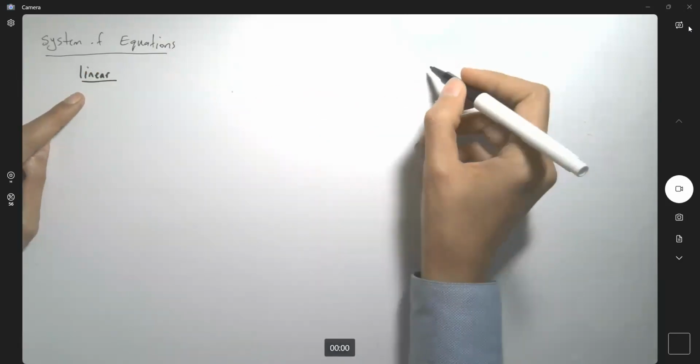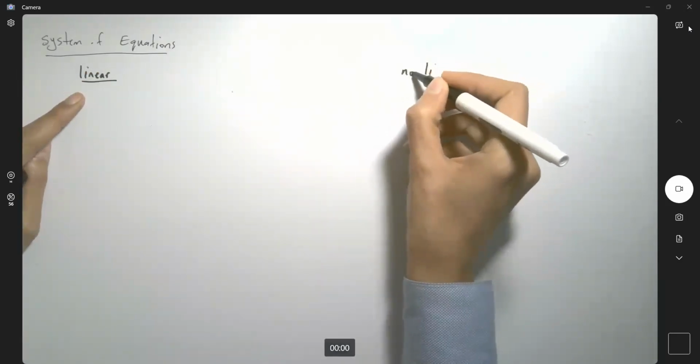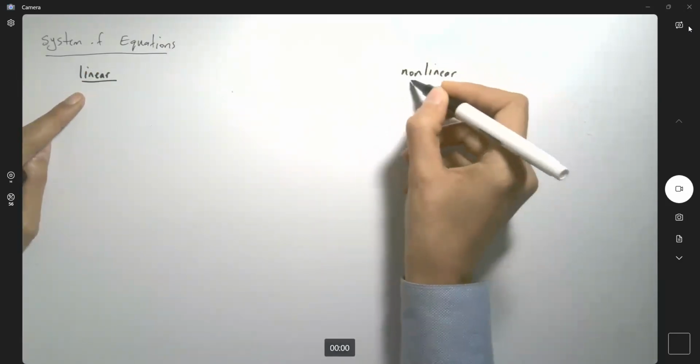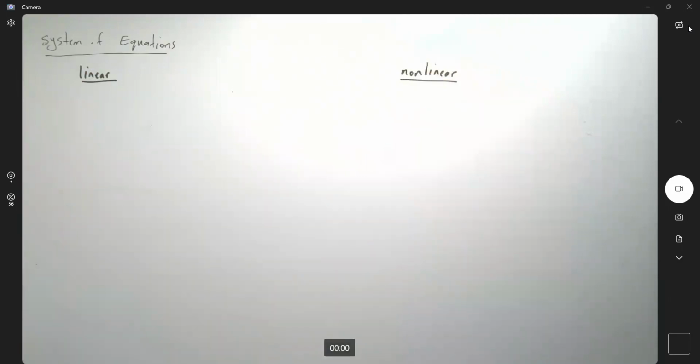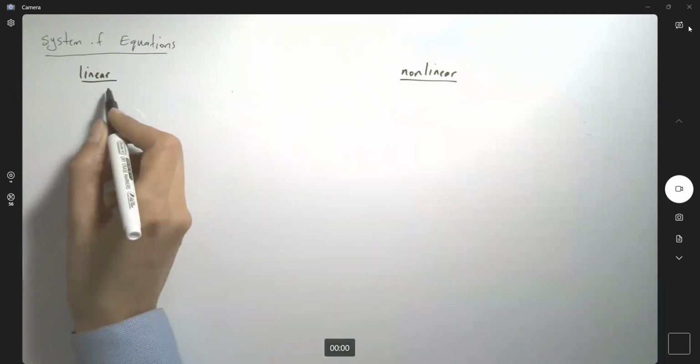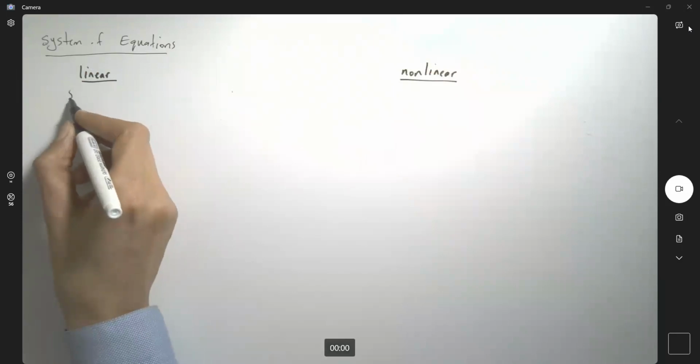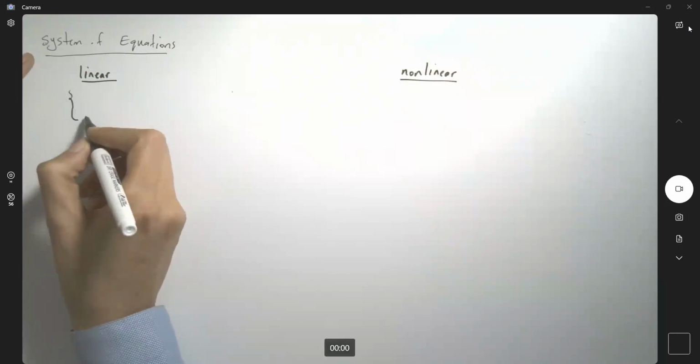We're going to talk about system of equations. First, we're going to talk about linear equations. Then we're going to expand the idea to non-linear equations. So for example, when we're talking about linear equations and a system of linear equations, we usually have